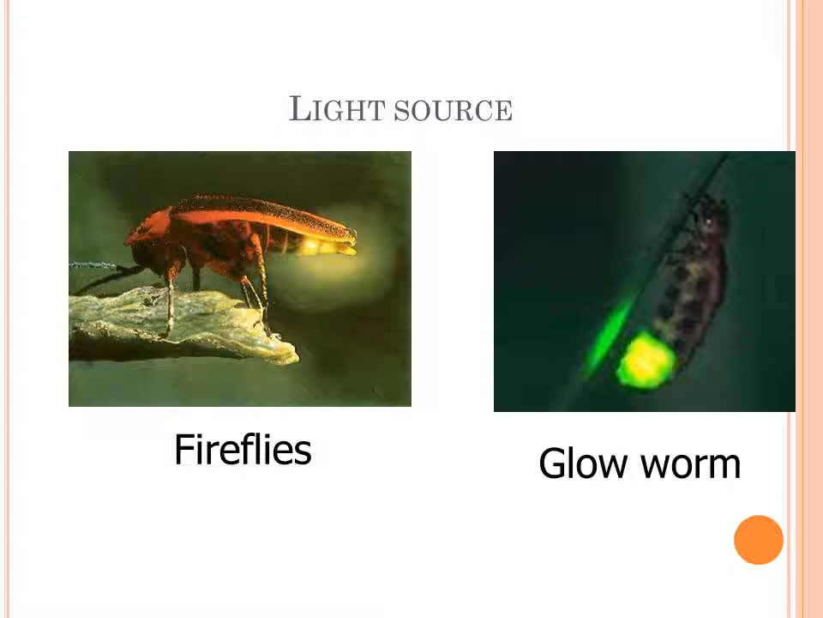So we have an example of fireflies. It glows light, or it has a light source that is natural and living. Then we have glowworms. This is an insect also, and a few other insects we can see. Now let's move towards